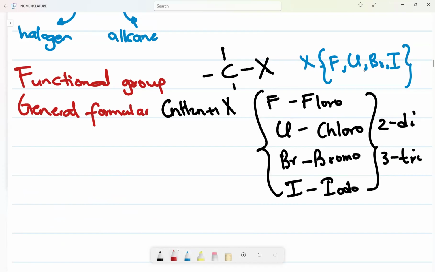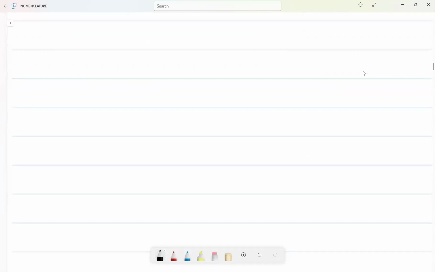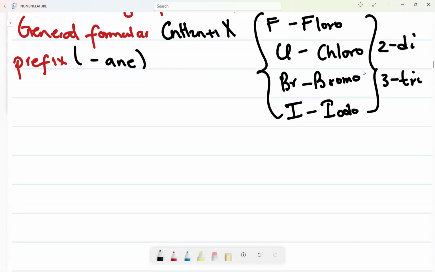Okay, the prefix here is the same as alkane. Since we inherited this from alkane, it will just be alkane. Okay, now let's have examples of that. Let's have examples naming